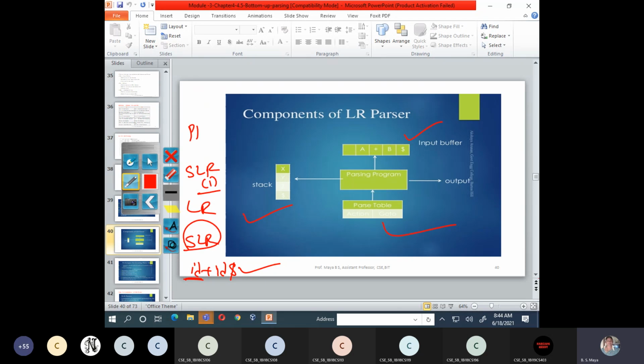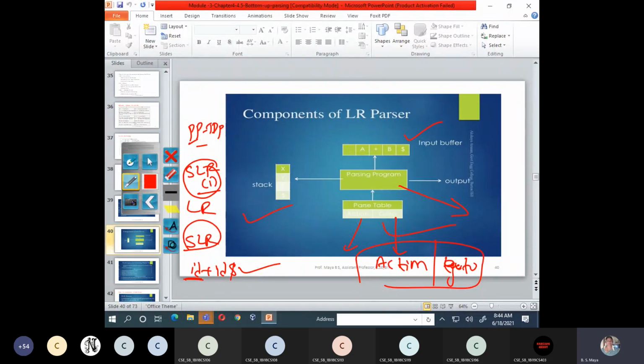There, we constructed a predictive parsing table in top-down parsing, and using the predictive parsing table you do stack operations. But now we are constructing the SLR table. The SLR table contains action and go-to parts. There are 2 parts in the table: one is action, the second one is go-to. This table is called the SLR table. Using the table, the input and the stack, we are parsing the given input.